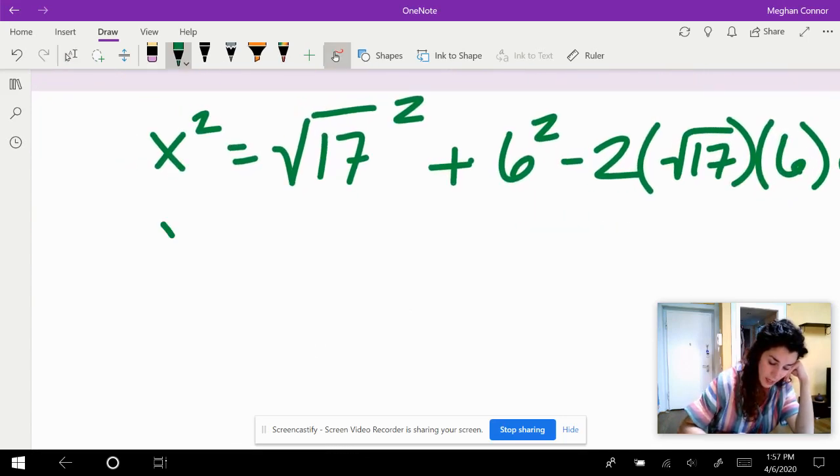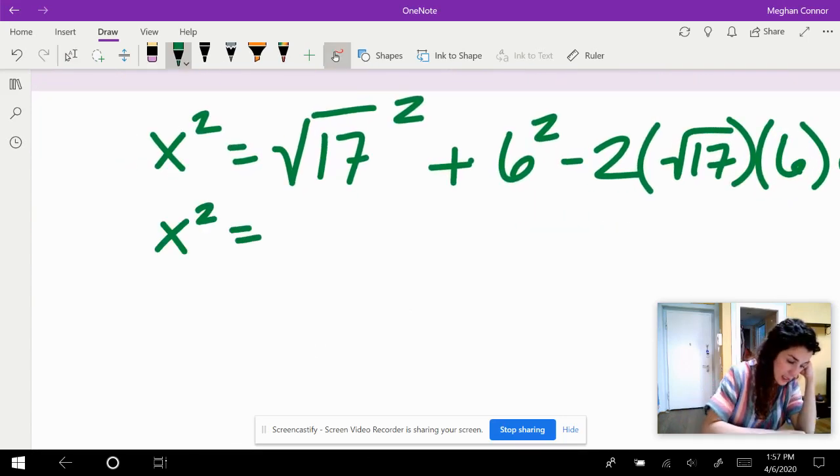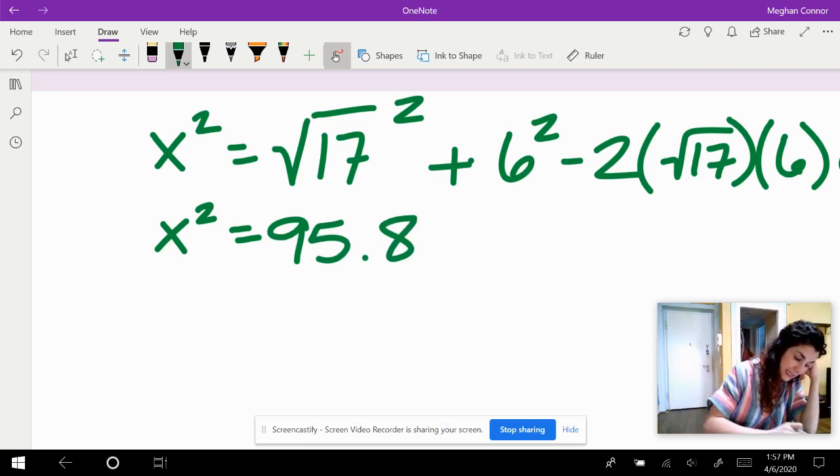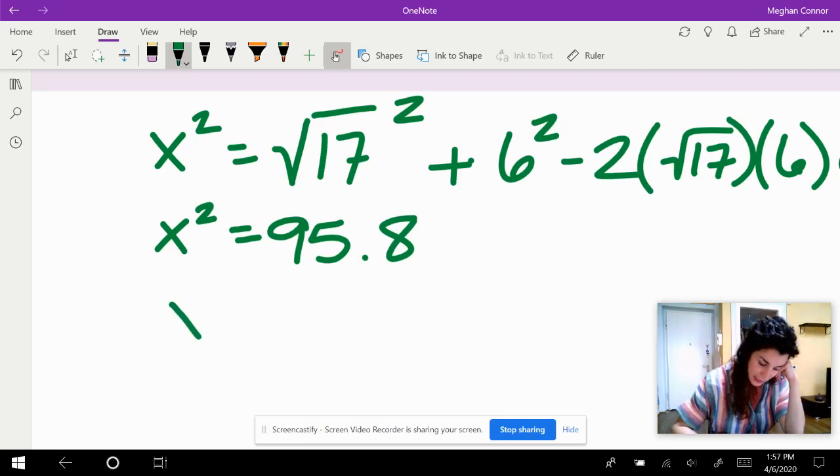Plugging this whole thing into my calculator, I get that x squared is equal to 95.8. I take the square root of the exact value above, bringing it back down, and I get that x is equal to